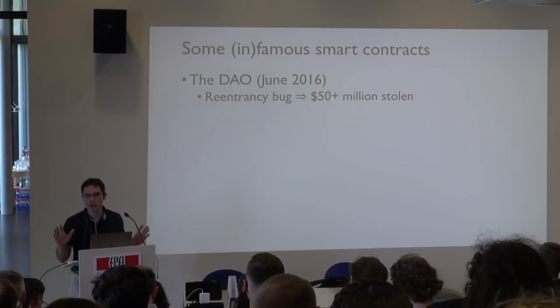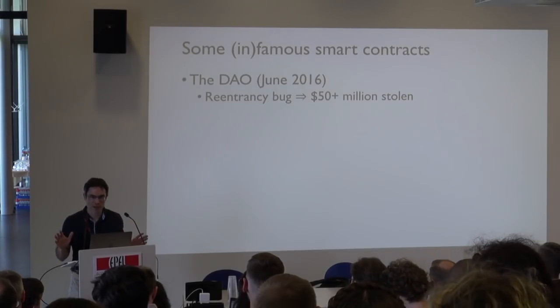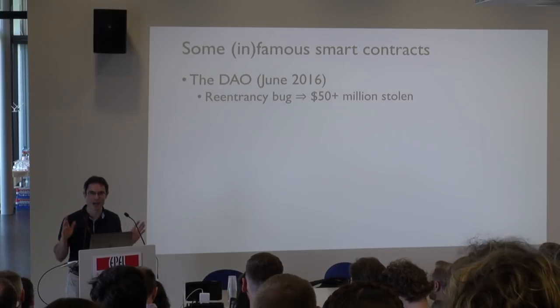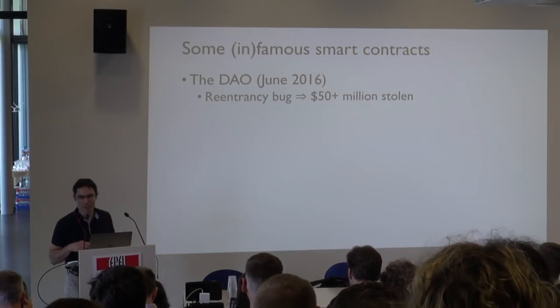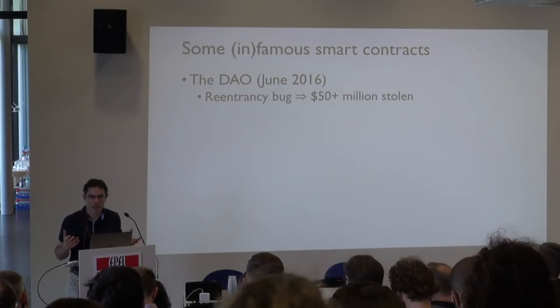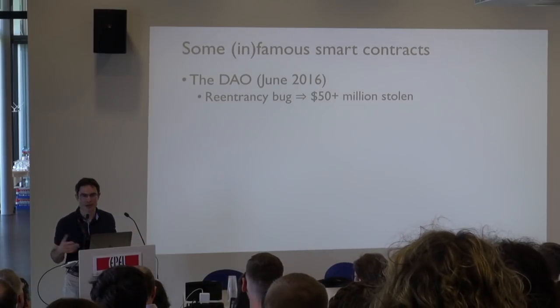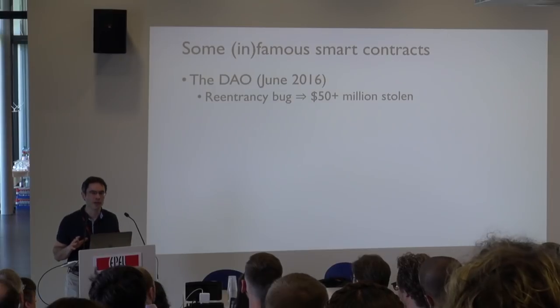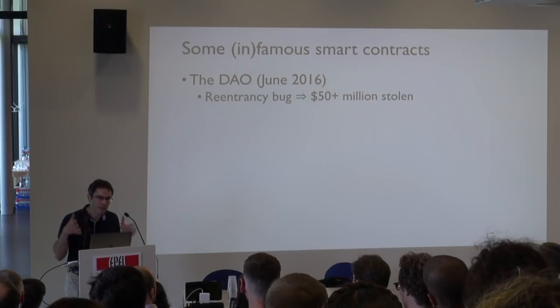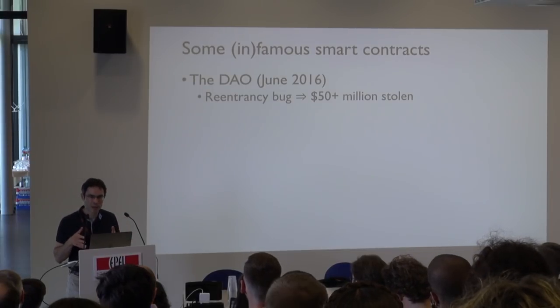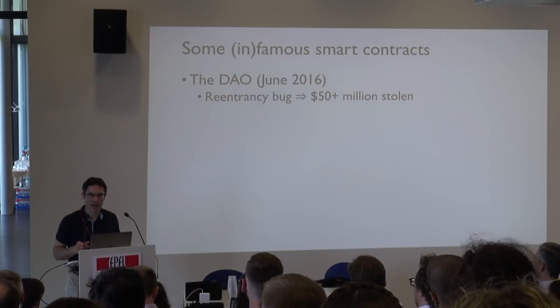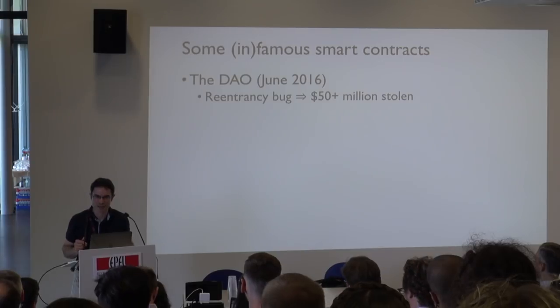This was a huge event in the world of Ethereum, because 2 years ago, it's hard to cast your mind back to this distant past, but 2 years ago, Ethereum was worth only something like $1 billion. That was its market cap. The DAO was worth on the order of 150 million. So something like 15% of the total value of Ethereum was lodged in this one smart contract. And it was brutally hacked.